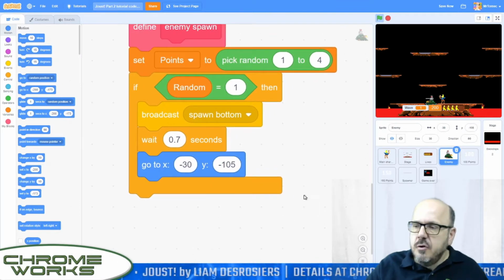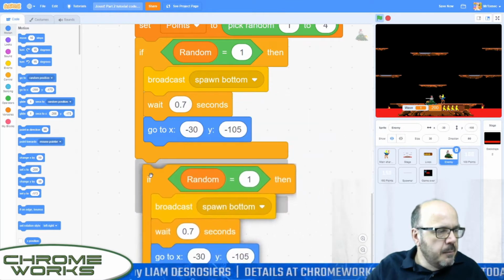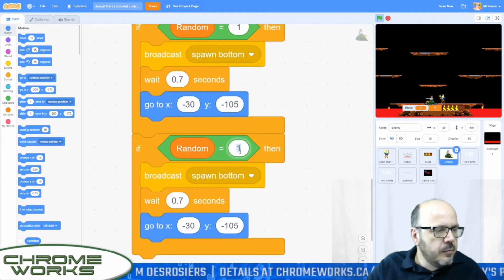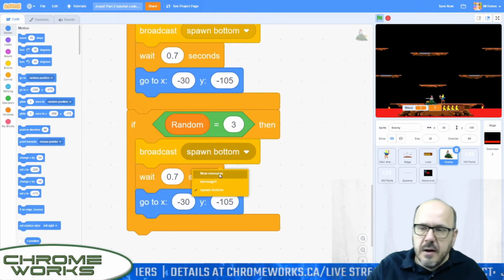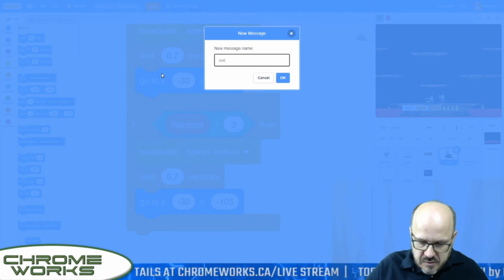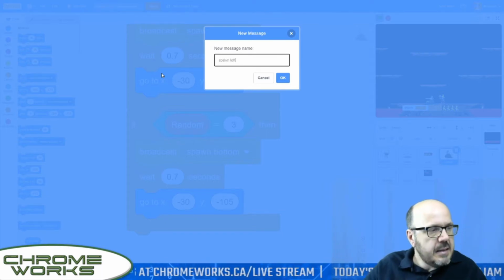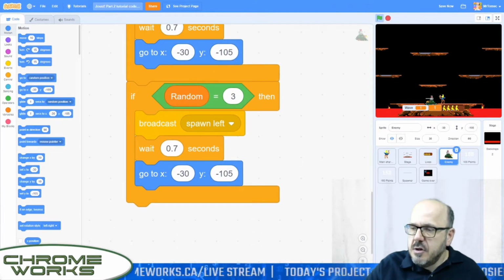Okay, so we're just going to duplicate this whole big chunk of code in this if statement, and we're just going to make a minor change to it. So if random equals 2, we're going to do the same thing, spawn, except we're going to spawn in a new area. We'll spawn him at the left side of the screen. So we'll just type in spawn left here in our event. And our start location, of course, will also be different. And that's going to be